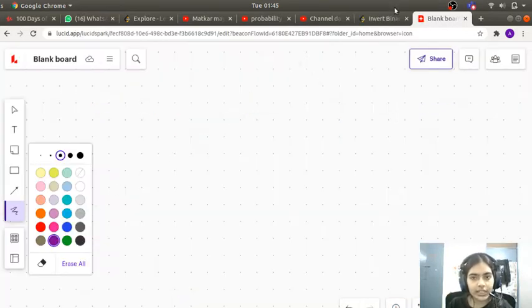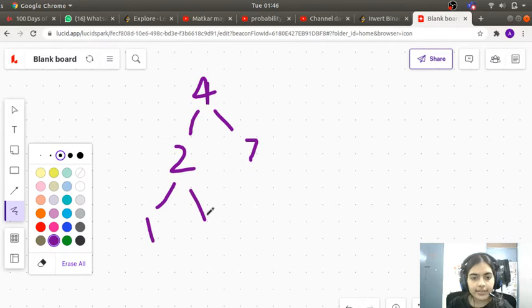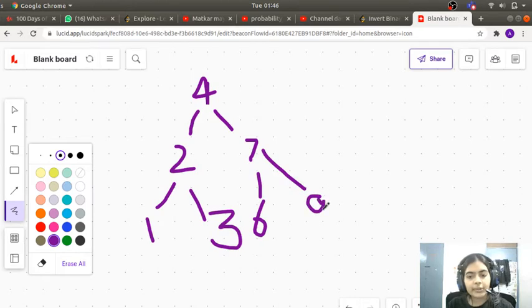So we'll take this same example that is given to us. So we are given that the binary tree is 4 and it has its children as 2, 7, 1, 3 and 6, 9 in that order. So 2, 7, 1, 3 and then we have 6 and 9. So basically this is our binary tree and we have to invert it.